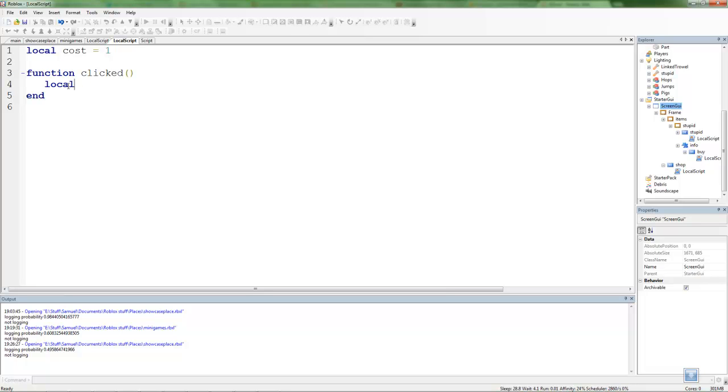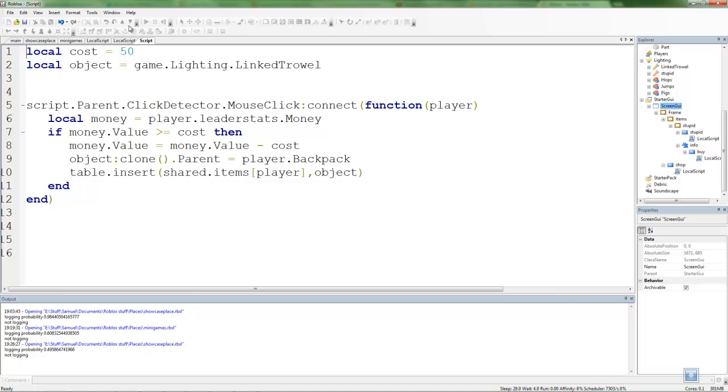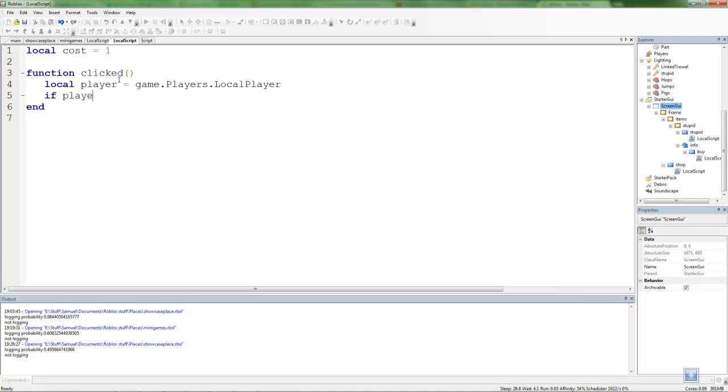So now all we need to do is go local player equals game.players.localPlayer, just so we don't have to type it over and over again. If player, what do we name it? .leaderstats.money. Actually, we should do what I did: local money equals player.leaderstats.money. If money.value, don't need to put it in a bracket, stupid C++, money.value is bigger or equal than cost, then